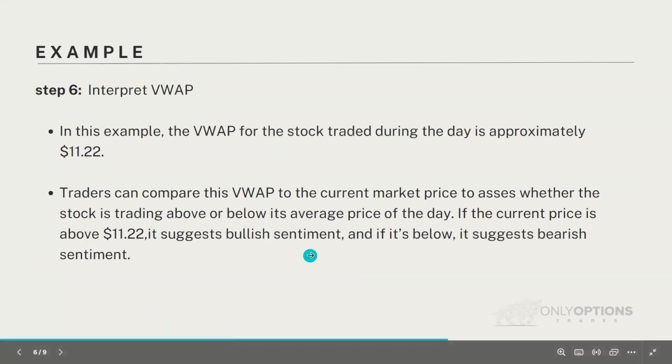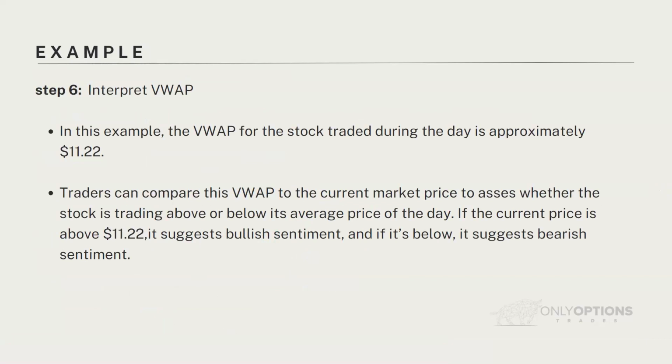So how do we interpret it now that we know how to calculate VWAP? We know that 1122 is a price, but what do we do with it? As I said, we don't like having all these slides. We go to the action on the charts, and that's when we see the real action happening. You will see how we can compare the actual price of the VWAP to the chart, just to see where our chart is. And that's how we know if we're bullish or bearish.